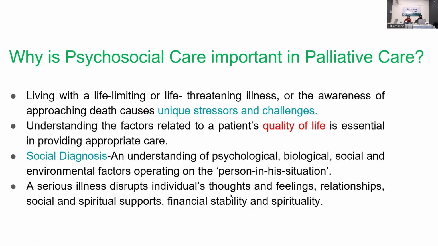He said, I have two daughters, one is in 10th and the elder one was in 12th, and he is the only breadwinner of the family. If something happens to me, I know the condition is deteriorating, I know the prognosis is bad, the whole family will come to a stop. My wife is not educated or working. Just like me, my daughters will also have to take up a job, maybe become fisherwomen. This was a big concern for him, and this was the cause of the pain that he had.